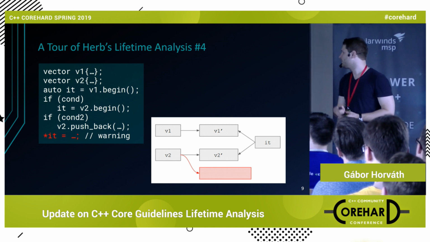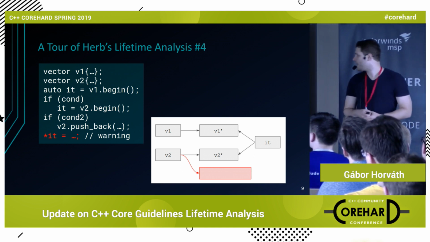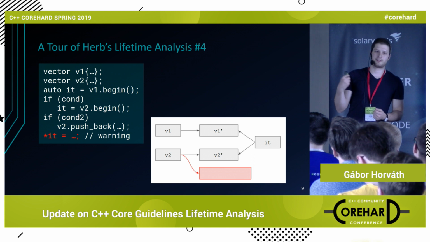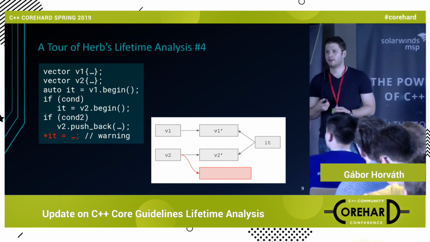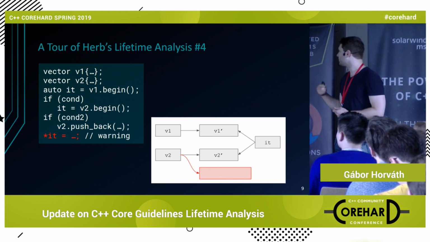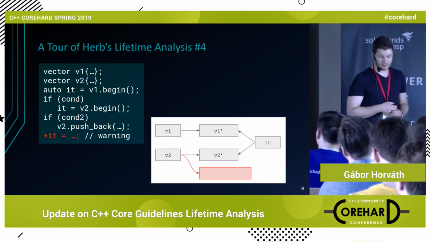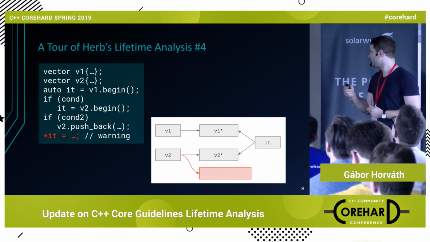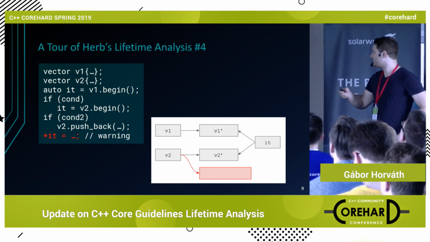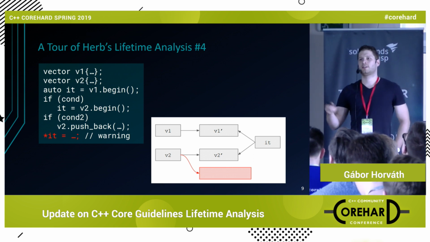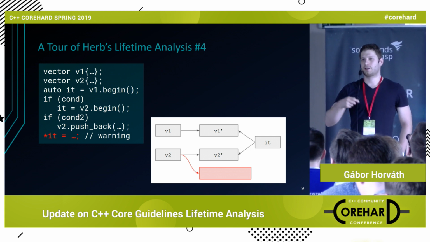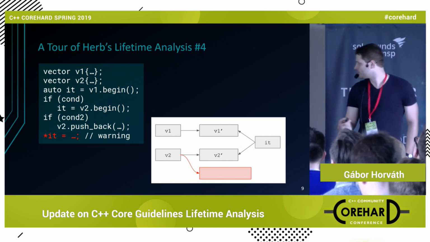We push back one element into one of the vectors, and later on, if we dereference this iterator, we will get a warning because the analysis assumes that the iterator might point into one of the vectors that will actually reallocate its buffer,